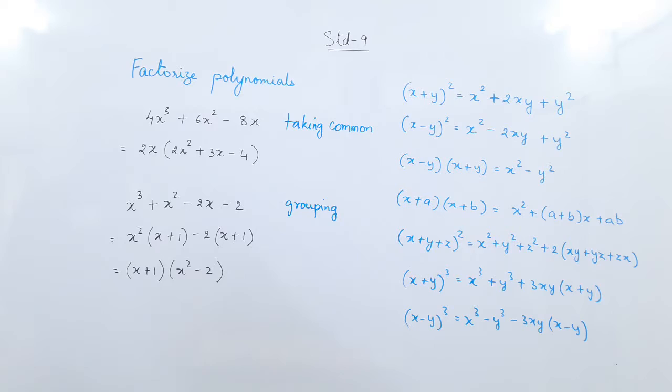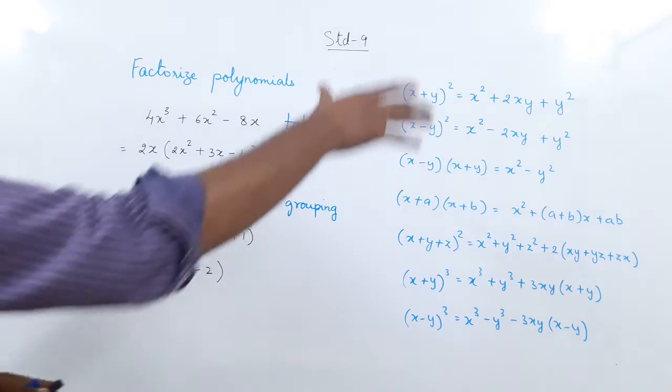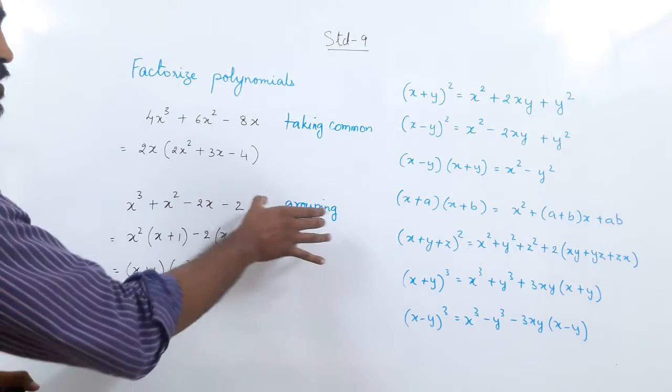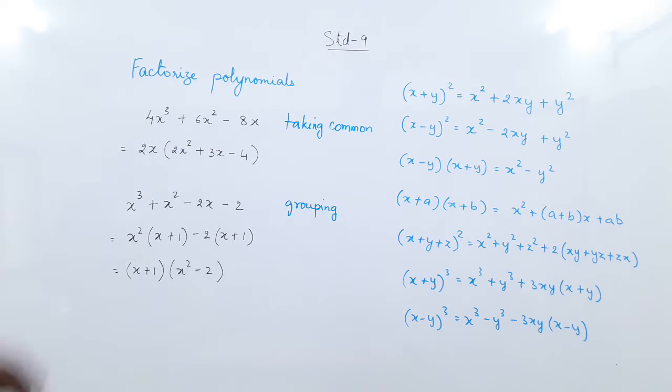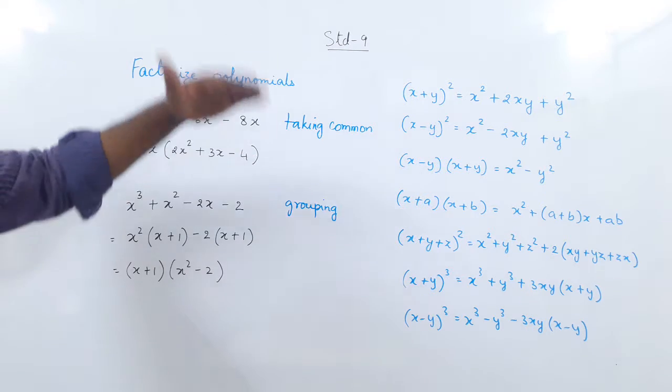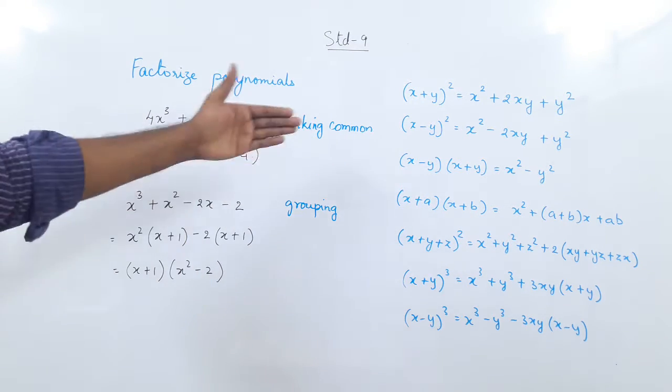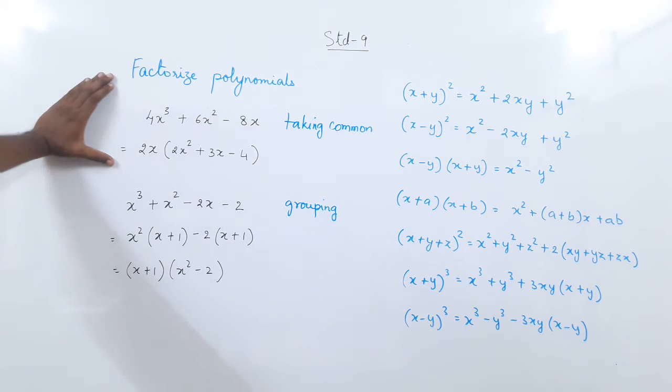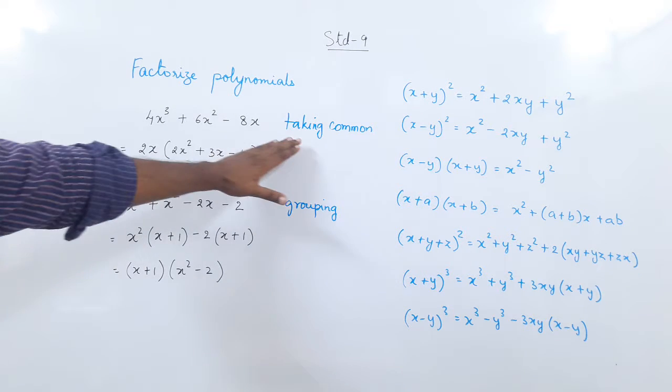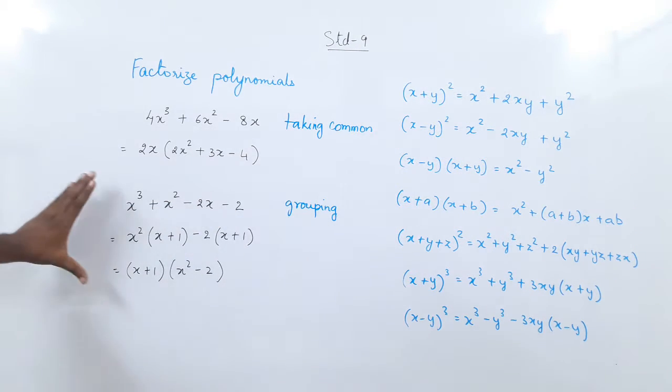So you can see what I have done here. Before I try the long method, I start with the shorter method. I have first tried out grouping. So these are two very important steps. This book doesn't have it. Maybe in the previous years you have done it. The first step of factorization is to take out things common. And the second step of factorization is to do the grouping.